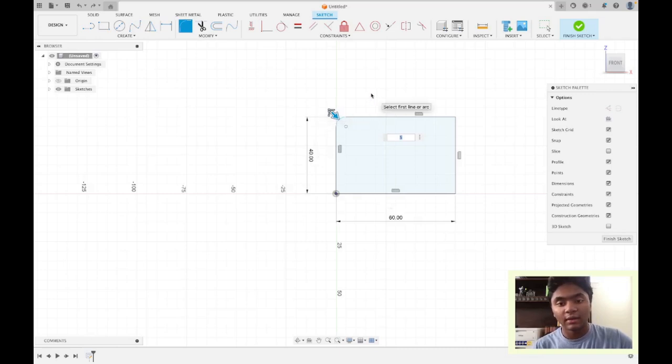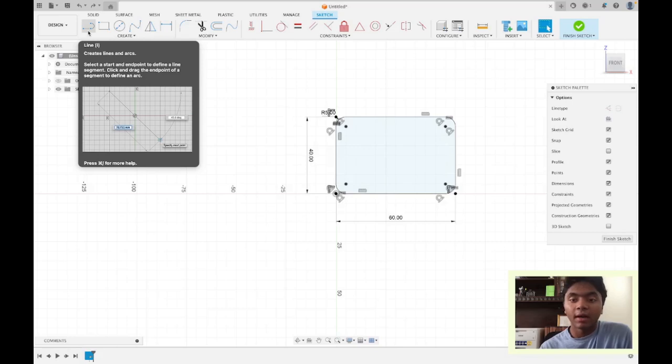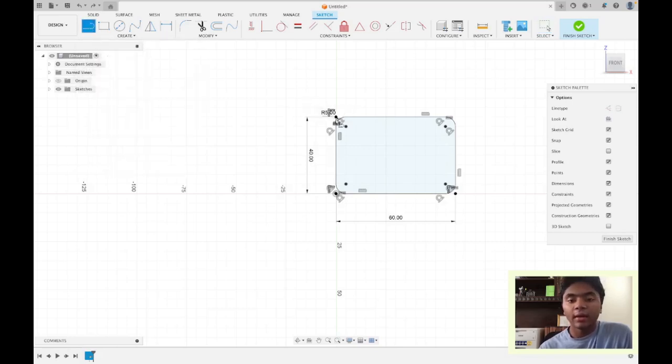Great. And now I'm going to do the same thing to the other corners. This one I'm also going to make it 5, and again here, and again here. Another thing that's important to know is reference points. Let's say that I want to get a line and put it in, connected to the center of my rectangle here. I would select on the line tool, and if I go along this edge right here and keep moving my cursor,